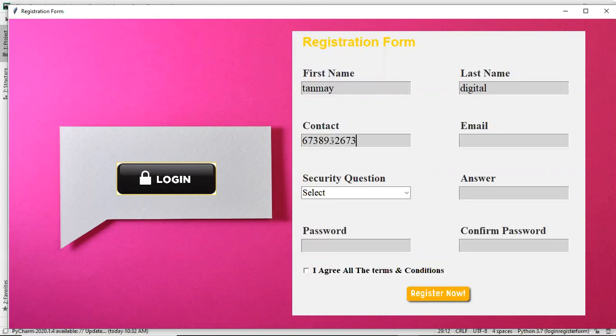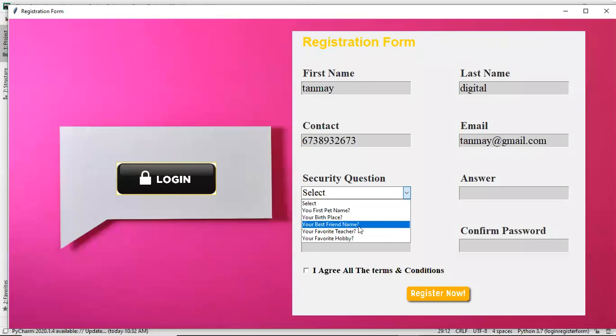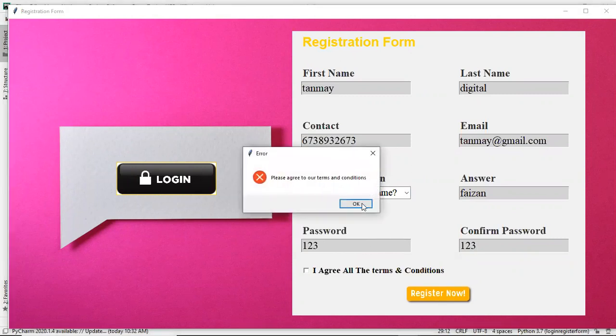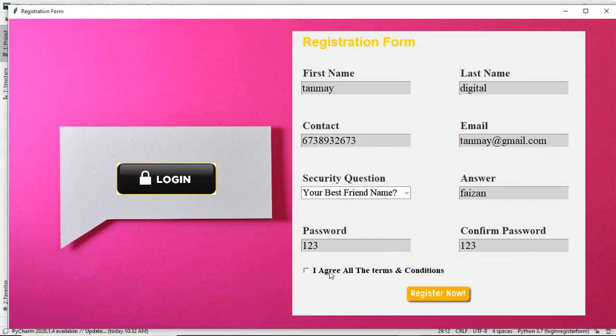So 1 2 3 4 5 6 7 8 9 10. And then any email like tanmay@gmail.com. Then I have to select a security question here. So your best friend name, my name. And then the password here, I'm setting it 123, and here also I have to set the same password, otherwise I'll get an error. And I also have to check this terms and conditions, otherwise I'll get an error. So I'm checking it and I'm clicking register now.